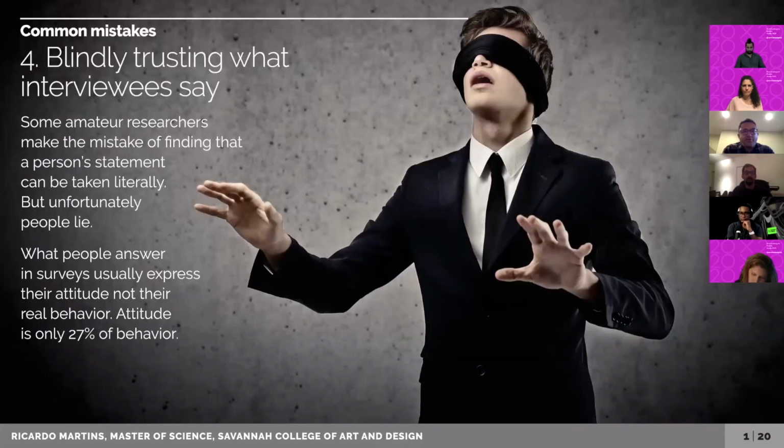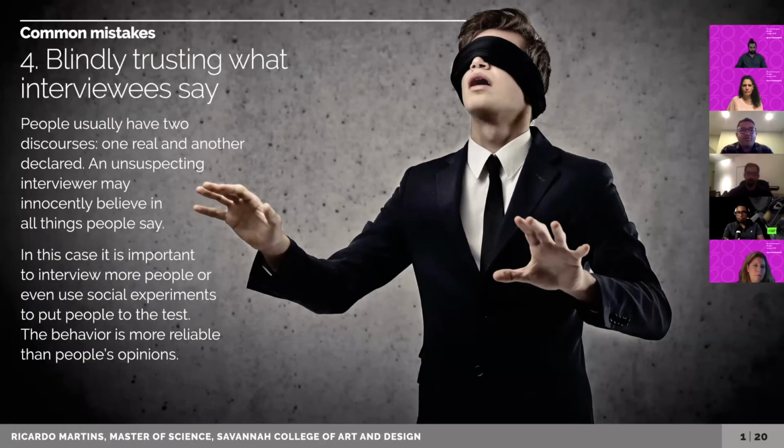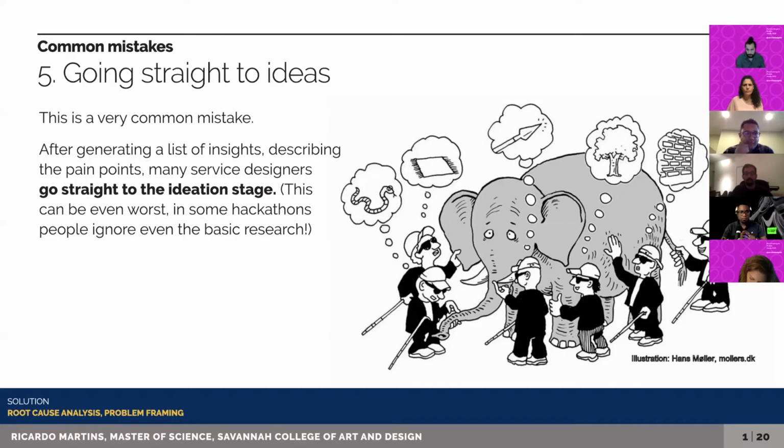Mistake number 4 is blindly trusting what interviewees say. Some amateur researchers make the mistake of thinking that a person's statement can be taken literally, but unfortunately, people lie. What people answer in surveys usually expresses their attitude, not their real behavior, and attitude is only 27%. And people usually have 2 discourses, one real and another declared. And an unsuspecting interviewer may innocently believe in all things people say. In this case, it's important to interview more people or even use social experiments to put people to the test. Their behavior is not